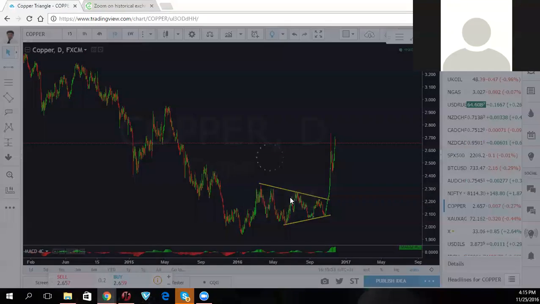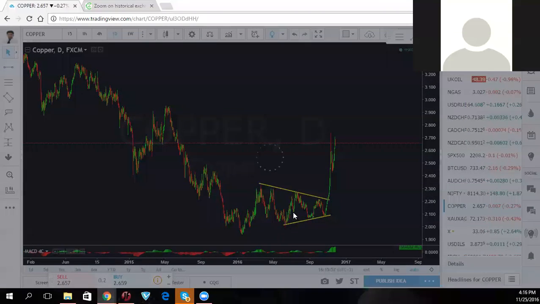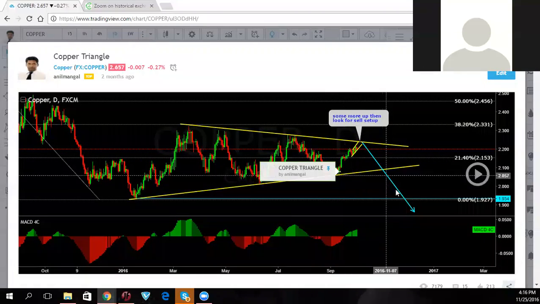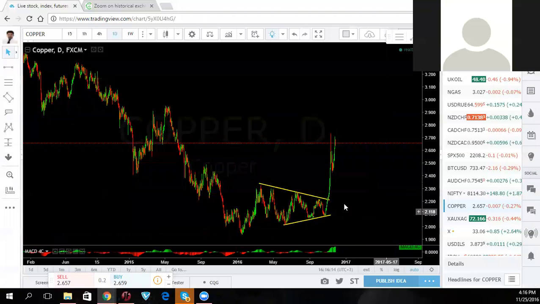Then it came to the top of the triangle, and I said, okay, here's the deal. You have a sell coming down from that triangle, and it should come way to the bottom. And if you sold that, you did well. Some of our traders took that trade, and then it came here. When it came here, we looked at the structure. And guess what? This is how we saw this change.